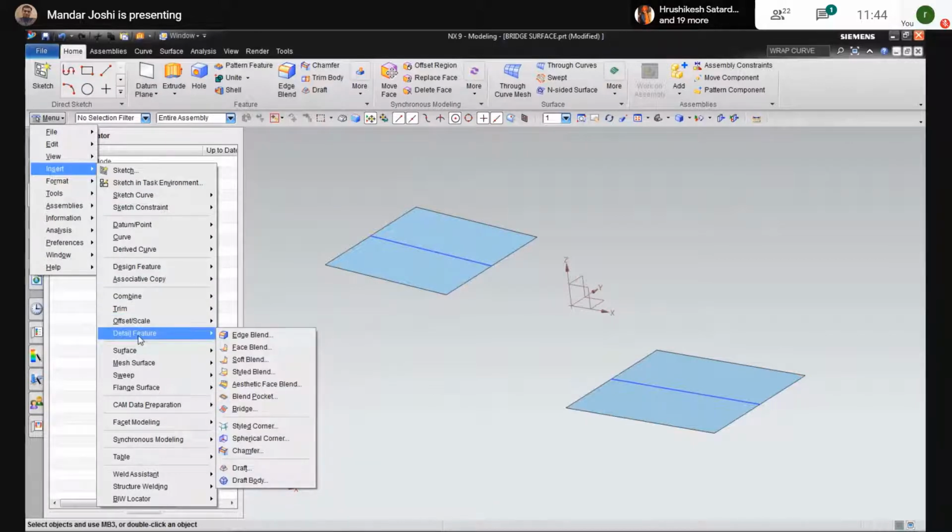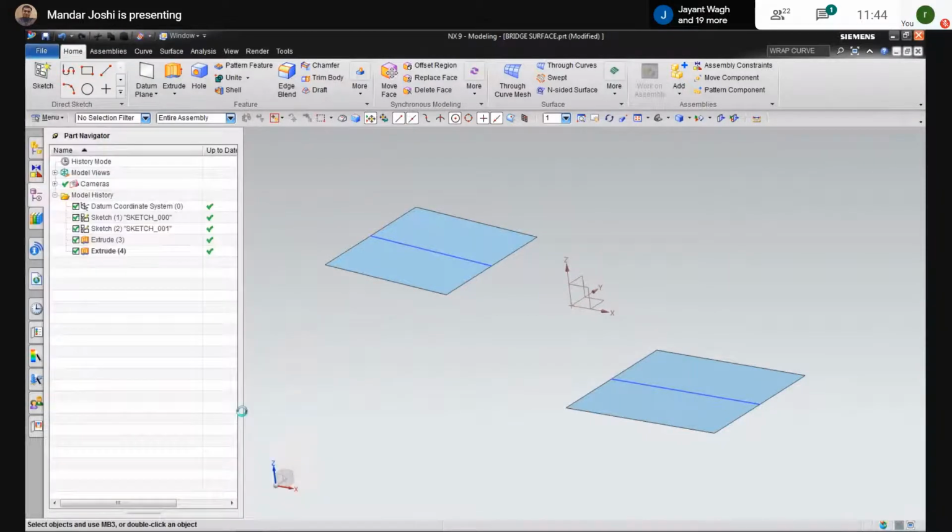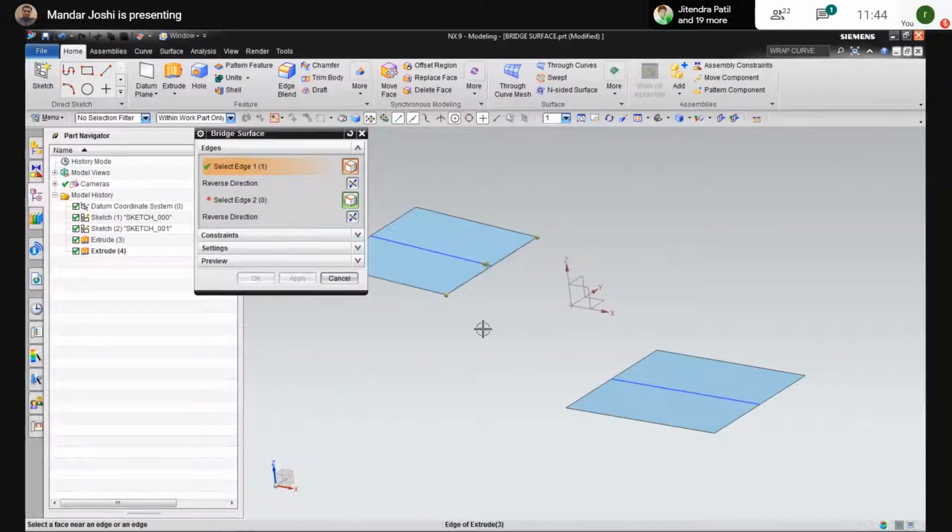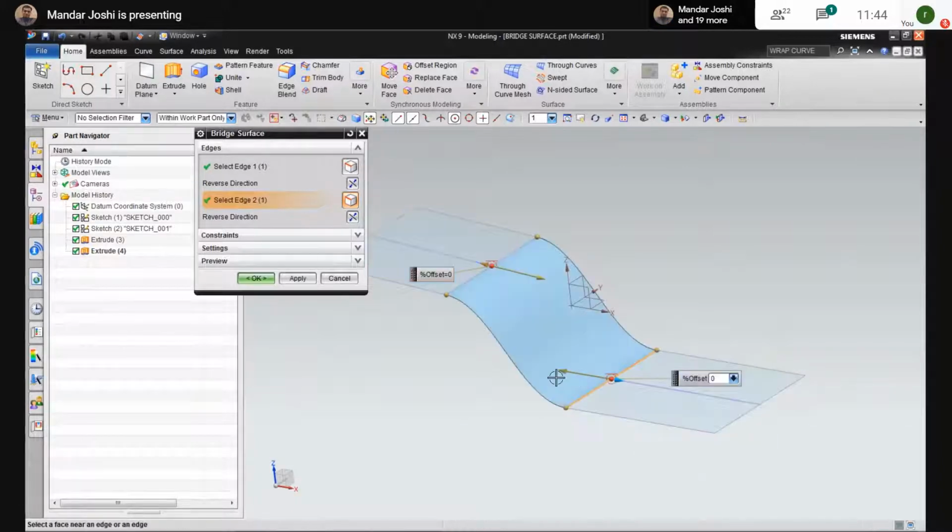Here in the detail feature, you will find this bridge command. To select, for this bridge, the first edge I'm taking this one, the second edge this one. So it will connect tangentially to the support surfaces.